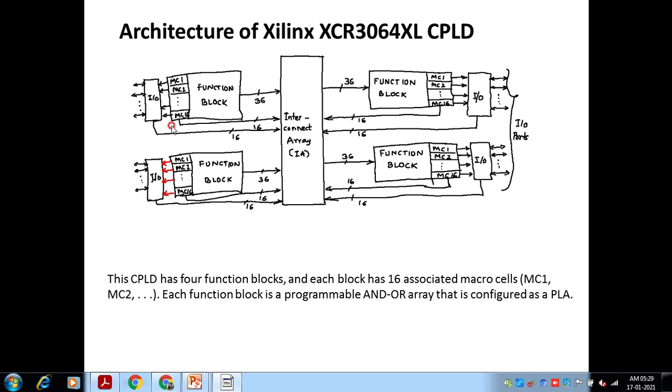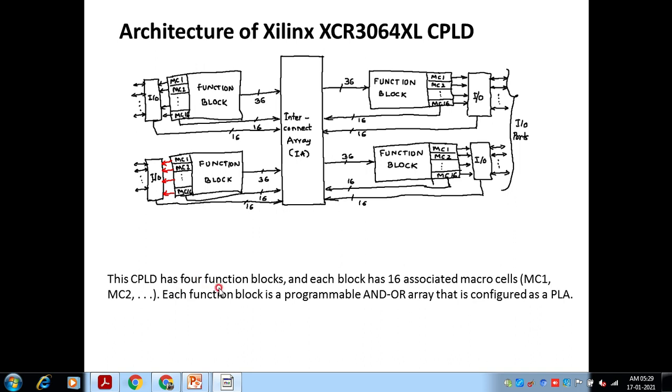You can also observe that a function block has 16 macro cells, and these macro cells are connected to IO blocks, and in turn IO blocks are connected to IO ports or IO pins. This is how the arrangement will be.